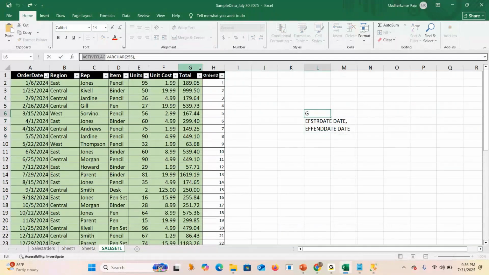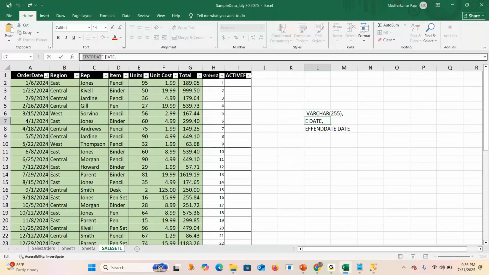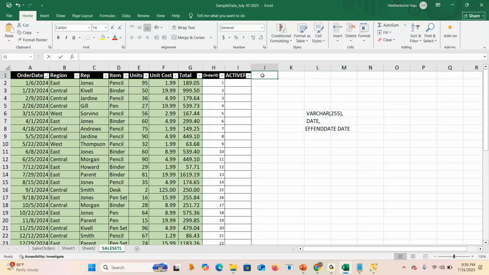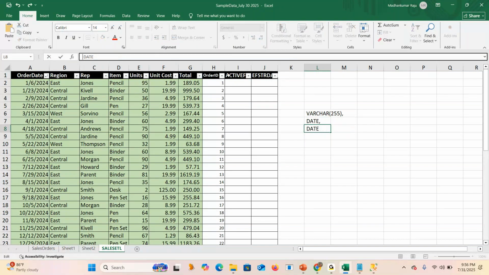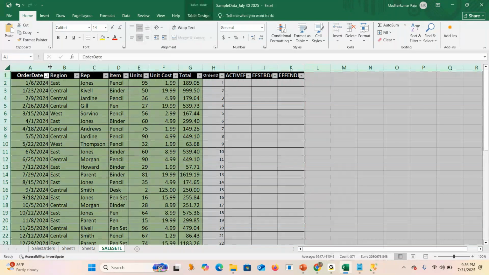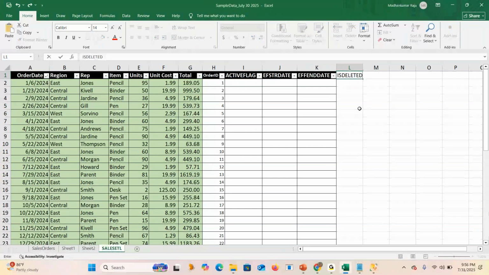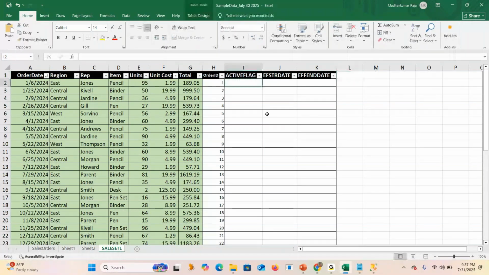So when you extract the data, the particular date. I'll tell you. See, effective start date, effective end date. What happened now in real time? So these three columns will be added. And along with the active flag, one more column we will maintain is deleted. I will provide this example.